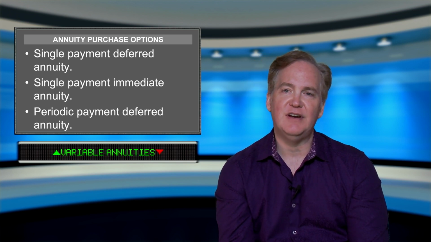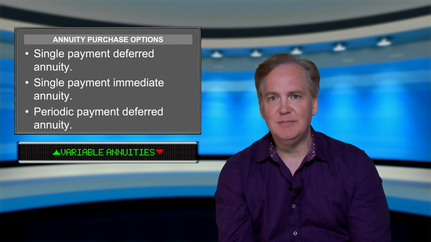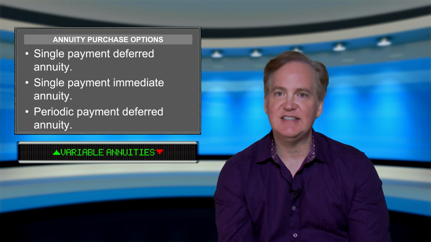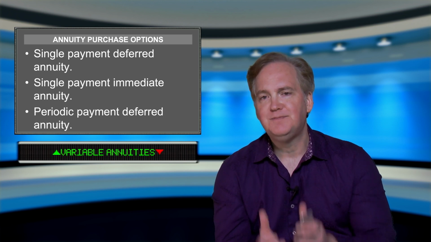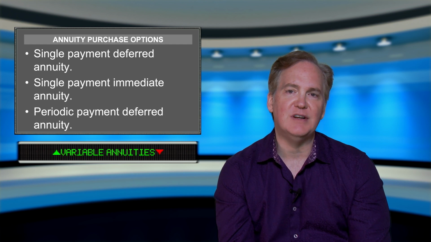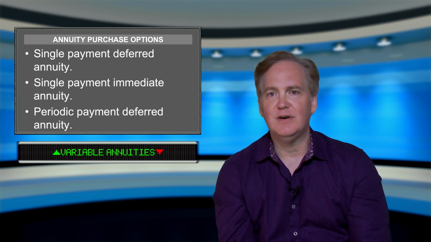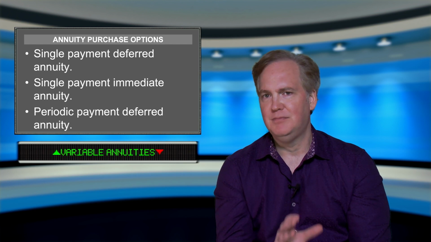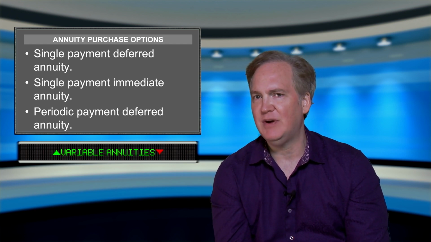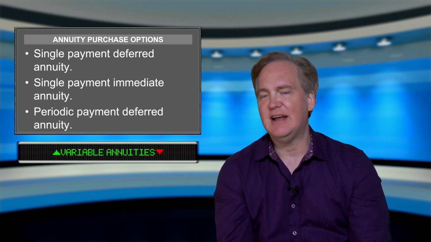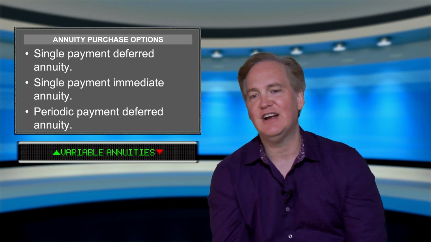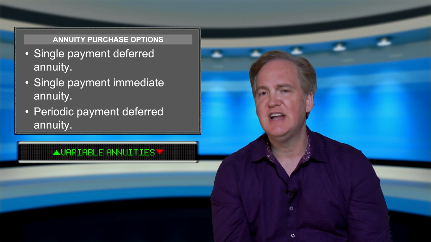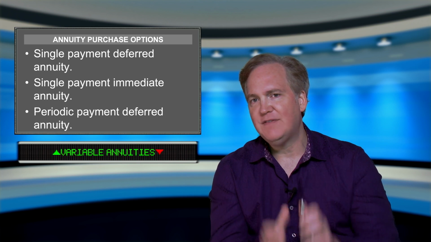Let's see if I can give you a little bit of an example here. Let's say someone is a mid-level manager at a big tech company and they bring in a project much sooner than anticipated and significantly under budget, and as a result, their company gives them a $100,000 bonus. Now, this person may want to go down to the local car dealership and buy themselves a new sports car, but they think better of it and say, I should put this away for retirement so that I can have some income when I retire. So this investor may very well take that $100,000 and fund that contract completely. The purchase of the contract will go towards accumulation units, and they will be there growing,